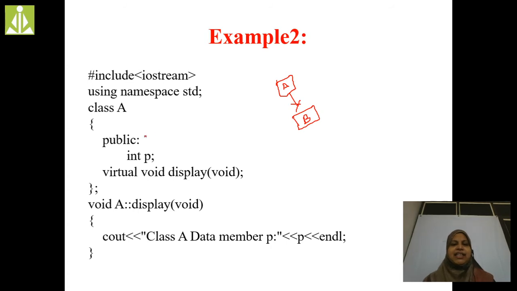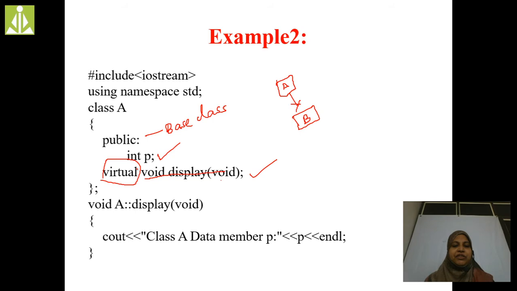In this class we are declaring one data member, that is P, and one member function, void display. Here this void display is a virtual function. We are declaring this display function as a virtual function.